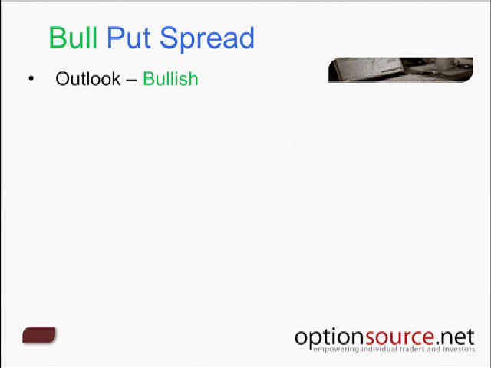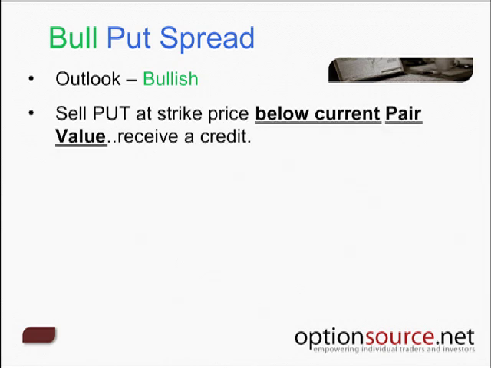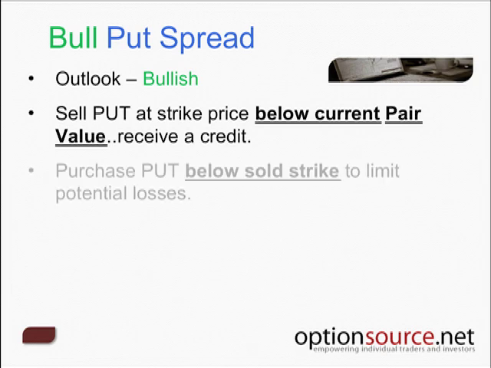Now, a bull put spread: we're bullish, simple as that. It confuses a lot of people because they don't associate a bullish market outlook with a put option. But remember, we're a put option seller, and a put option seller wants that put to expire worthless, which happens only if the pair is above the strike. So we want the pair to be bullish to neutral, and we want those put options to expire worthless. We're going to sell a put option at a strike price below the current pair value,